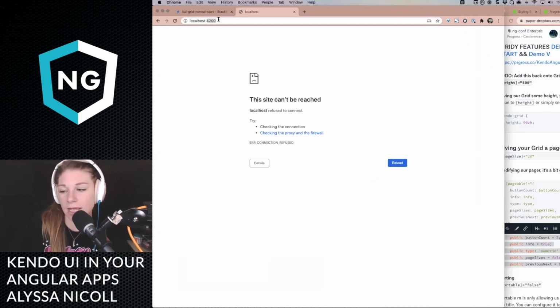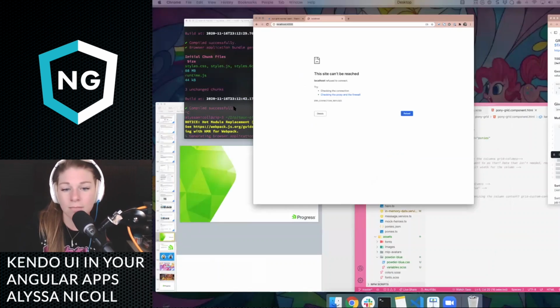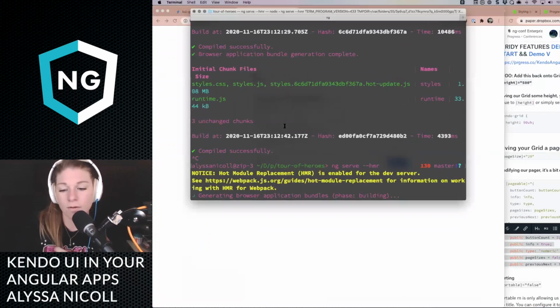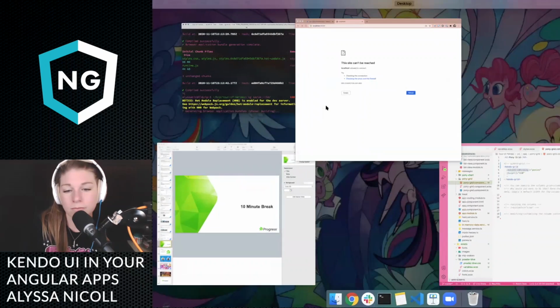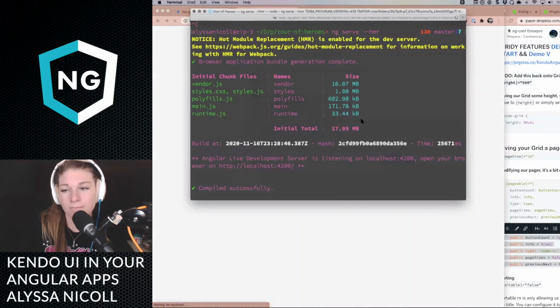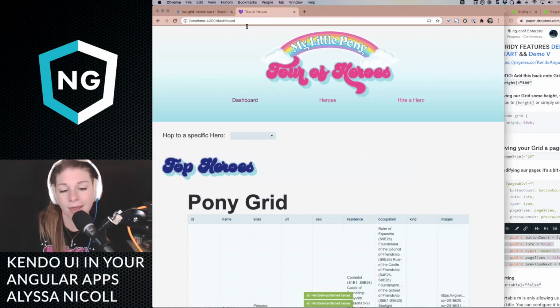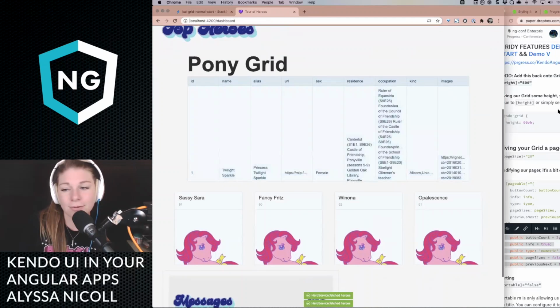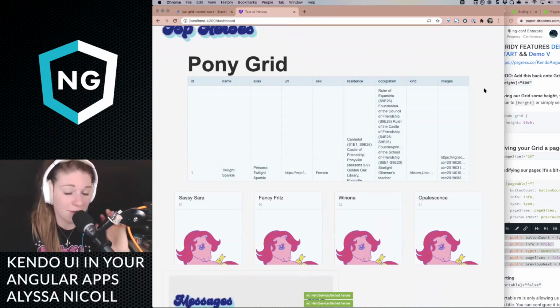Sorry, it does support server-side paging, but I'm going to let Carl answer that in more detail so I can hopefully get through a little more of the demo. Right now, we're waiting for this application to spin up. There we go. Compiled successfully. And there is our grid with our sexy powder blue theme that we added earlier.